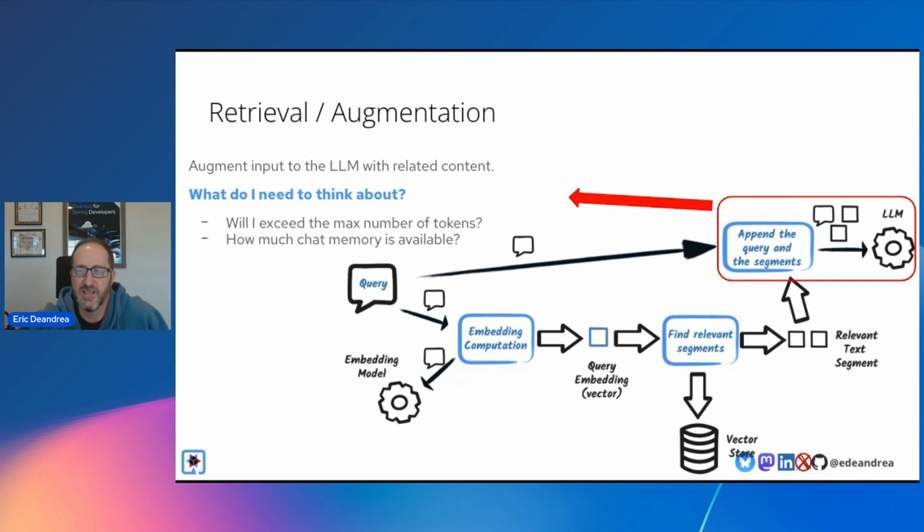But there are some things to think about in how a conversation works. If you've ever had a conversation with something like ChatGPT or Claude, typically it's not just that I ask one thing, I get a result, and then I move on. Sometimes you have this back and forth conversation where it remembers the history of the conversation. So you might ask it what apples are the best to pick in the month of September. It'll give you an answer, and then you could say, oh, given I don't like these kinds of apples, are there any more? And notice that you're using the word these, or using adjectives to reference things that happened previously in the conversation.